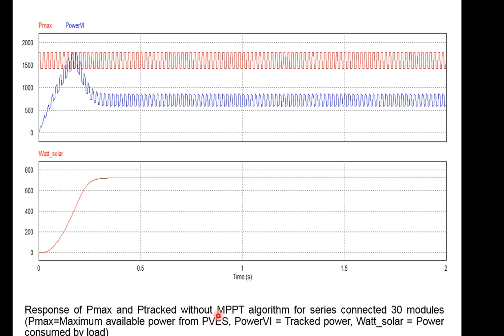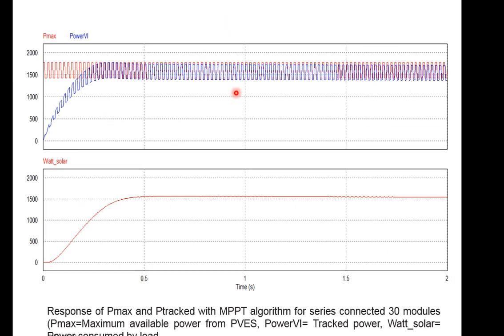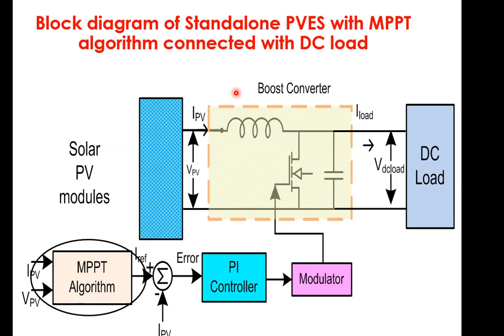If we are not incorporating the PV in this case, the study has been done for 30 modules. See, this is the tracking of the MPPT, and when you incorporate the MPPT technique, this is what the system output will be increased to. Now when we hybridize this system, there are again more challenges, by incorporating the problems of constant voltage issues on the DC bus. So this is the block diagram of the photovoltaic system with MPPT, and where we can focus on this. This is the same graph, but over here this MPPT algorithm